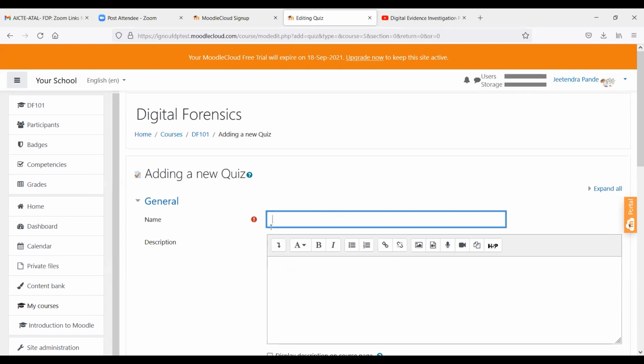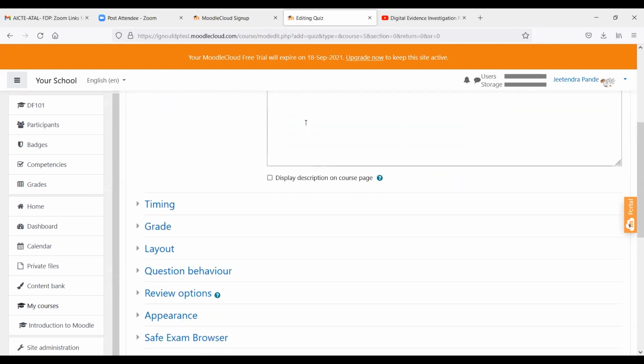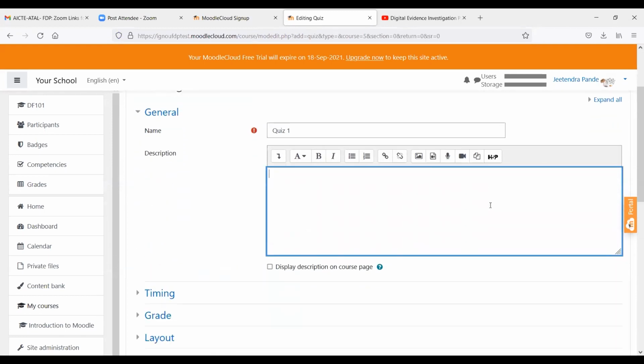Now you have to provide the name. I'm writing page 1. Description, you can write some instructions. In this description tab, time 10 minutes,